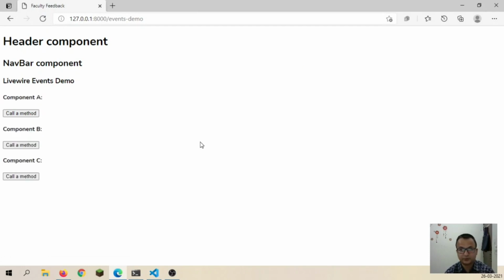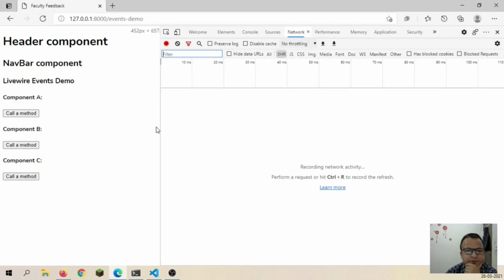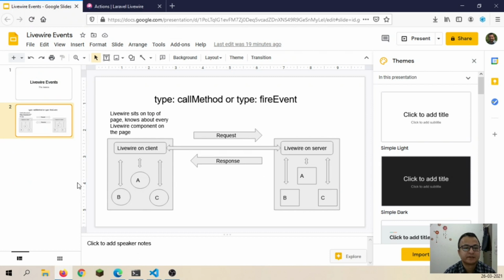Let us open the DevTools, and now we should notice what happens when we click this button. If we refer to our slide,